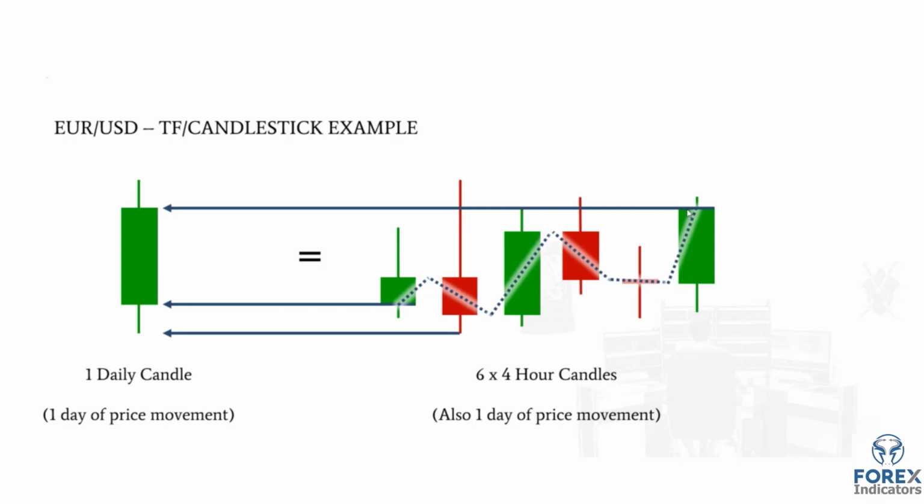The last bar close up here represents the daily candle close, because it was the last bar in the series, right? It was 24 hours. So the trading day ended here, and the last 4-hour bar closed here. Thus, it's the same close price as the daily candle. And the highest high made in this entire series of 4-hour candles is up here, and that corresponds with the highest high